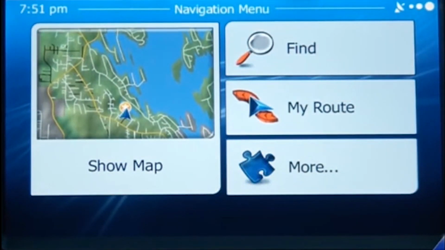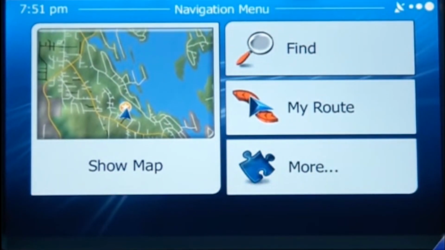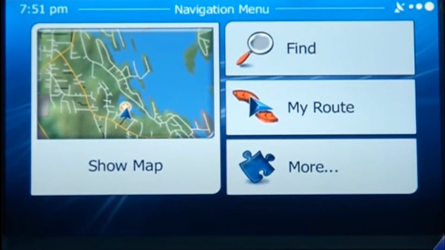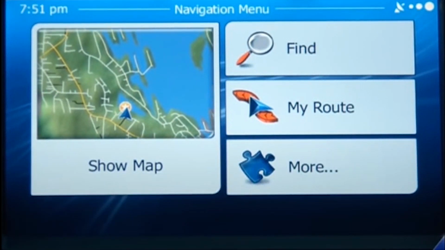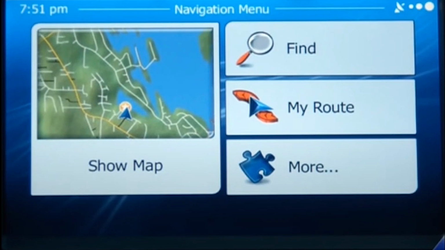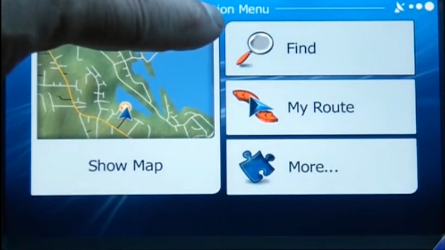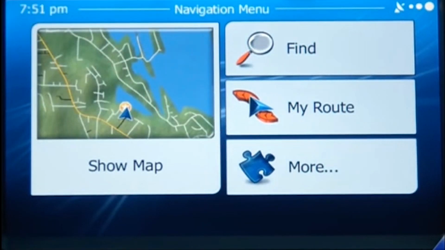Screen that you just have to accept it. There's no way around it. So this is the main menu that you come to, and it'll show your map in the left-hand side in whatever aspect you've left it in, either 2D or 3D. Of course, you have a Find button, you have Route, and More is where your settings are